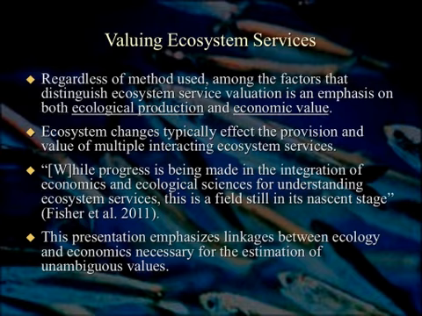Okay, so regardless of how we go about it, one of the things that distinguishes ecosystem service valuation from other sorts of valuation that economists might do is we have a strong focus on both the ecological production side of it, what the ecosystems are doing, and the economic value side of it. Right? And when we think about ecosystem changes, say in the case later on, I'm going to be talking about riparian land, a lot of different things change. And so one of the things that's hard to do is to figure out, of all those things that change in an ecosystem, how do those translate into a discrete or reasonable number of things that we can actually estimate